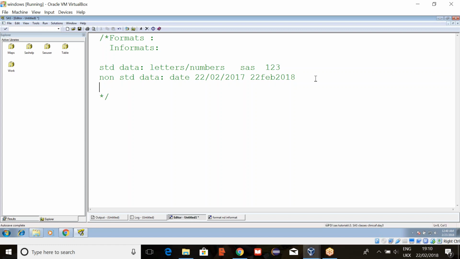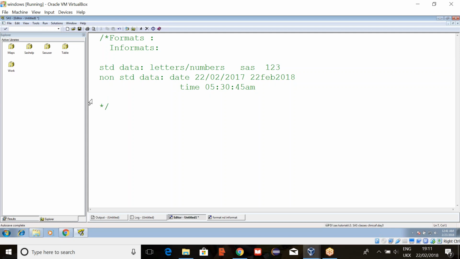Do you understand the difference between standard and non-standard data? Yes. Okay. Now, not only a date, can you guess one more example that comes under non-standard data? What else? Time. Yes, time. Time also, like 5:30, or 45 seconds, or AM PM also sometimes we'll add. Here also, if you have two different times, we can calculate the number of hours or minutes difference. So time also comes under non-standard data.